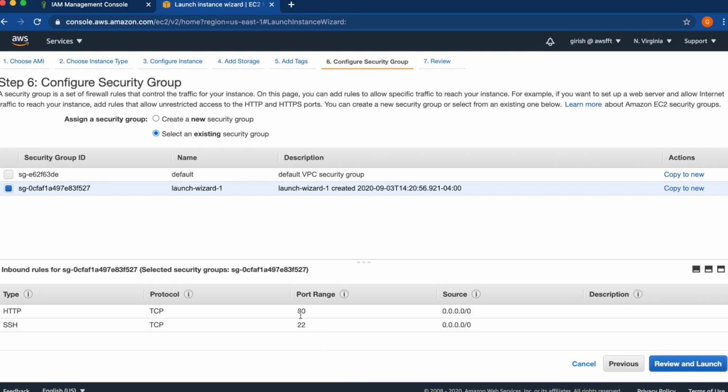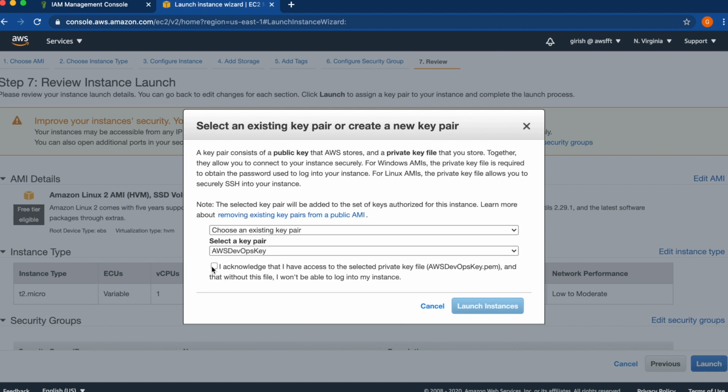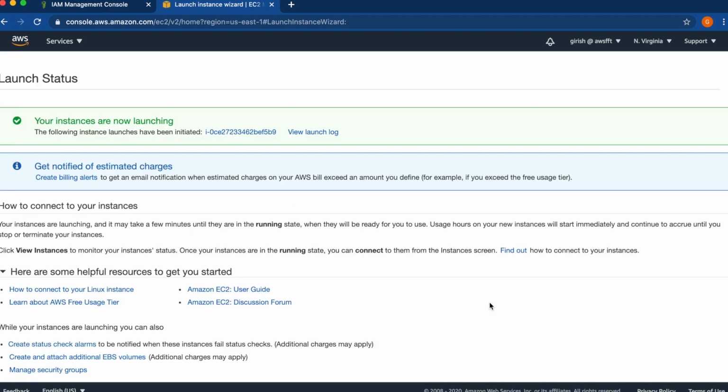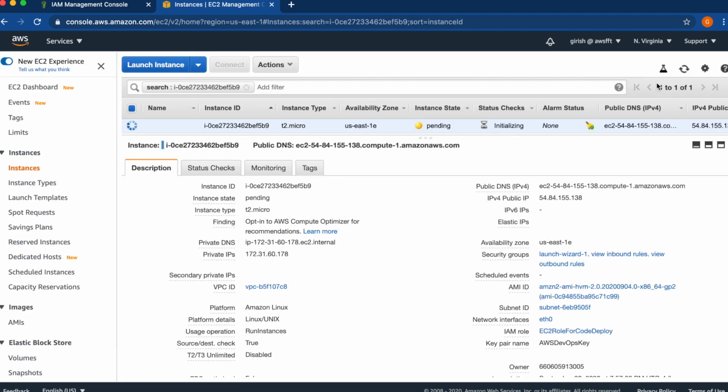So I've given HTTP access and SSH to log into the server. Review and launch. So basically, key value pair, you can choose an existing one or create a new one if you want. Yeah, so let's wait for this to be available.